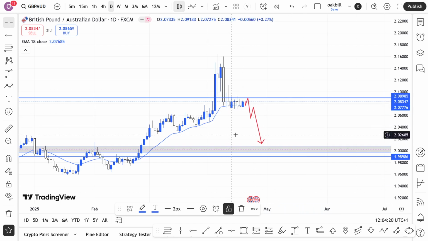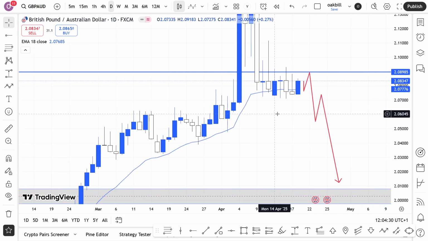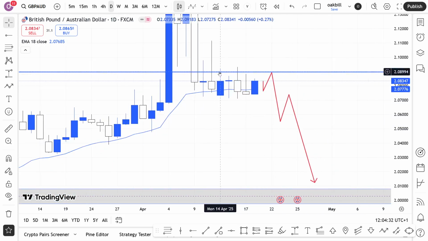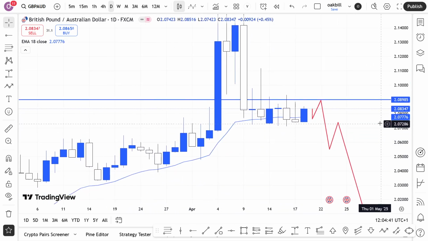So pay attention to what the price is going to do on Monday. We might see a gap down to this level, go back to this point and bounce, then downward movement. And if you see what the price has been doing on Monday, Tuesday, Wednesday, Thursday, this has been a strong point. Price has failed to break it due to the past point of respect. Price has respected it multiple times.